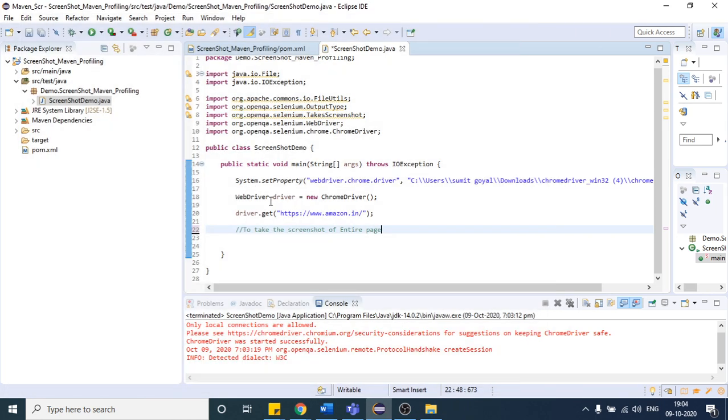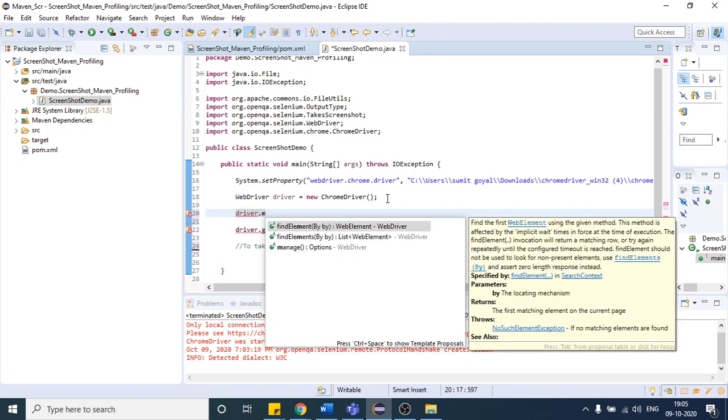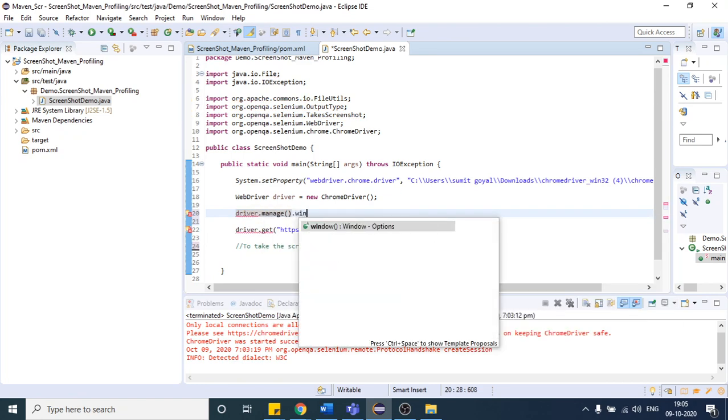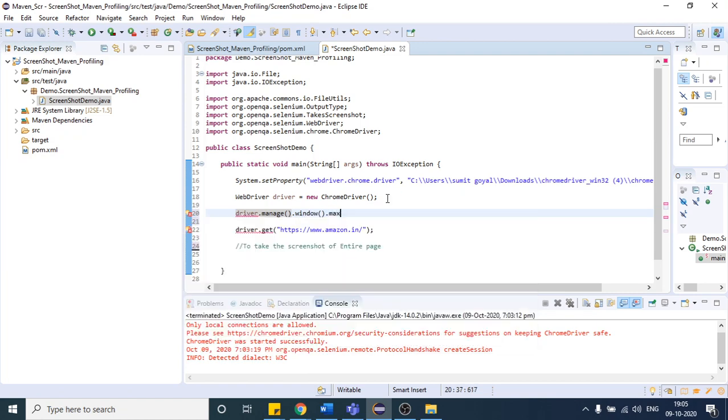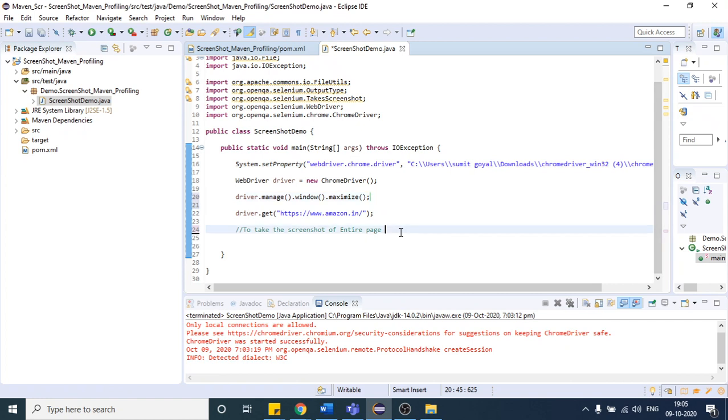Let me do one thing. Let me maximize the window first. I want it to be the maximum window every time. This is a simple command. Okay. After that, to take a screenshot of the entire page, we will use